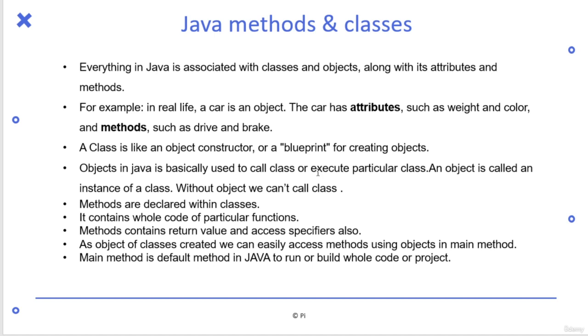Basically, there are classes, but it's not required that you use them again and again. But inside Java, everything is associated with classes, objects, methods, attributes, etc. So the starting point of Java is basically methods and classes. The usefulness of this is you can easily create object-oriented programming concepts inside Java, and we are going to use some object-oriented programming concepts here.